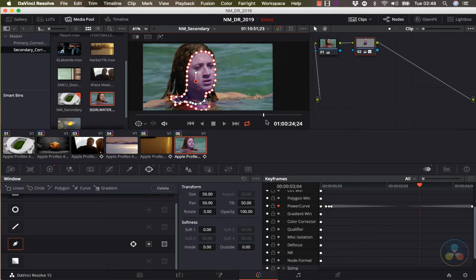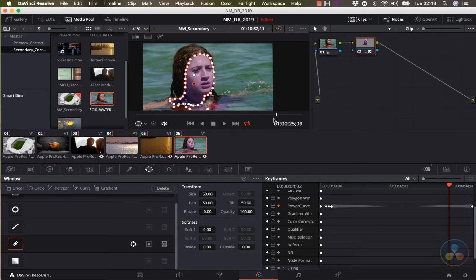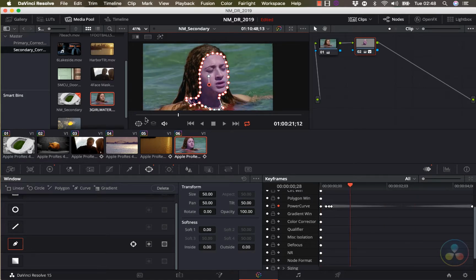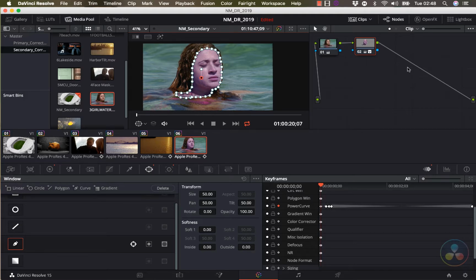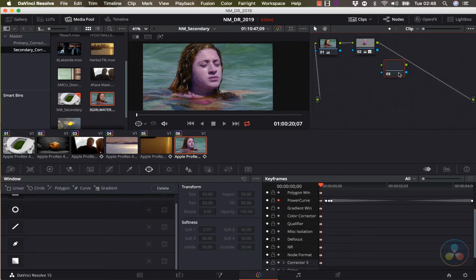You can obviously see that you can still track so much stuff within that, but the key thing is that it's tracked very well. Okay, again, to give a bit of a finalized shot, if I add another